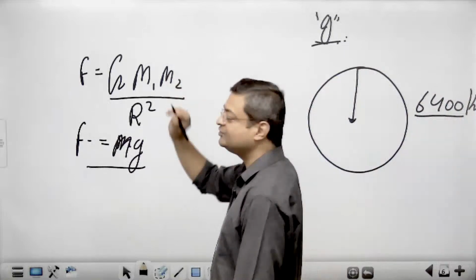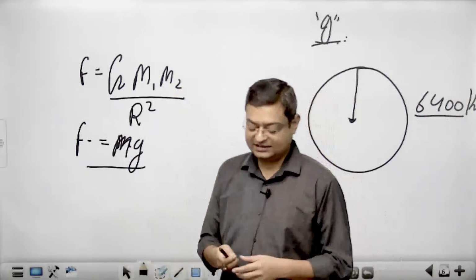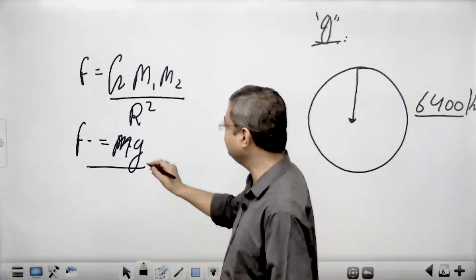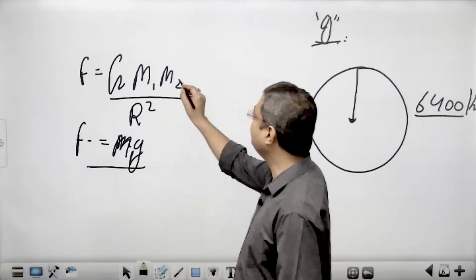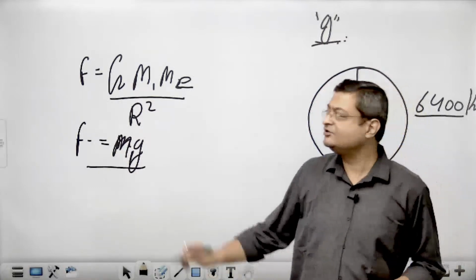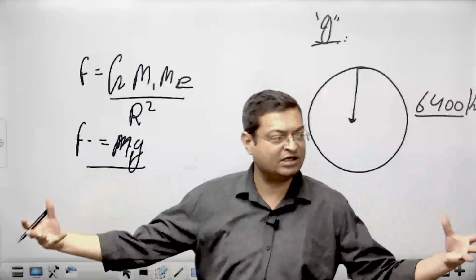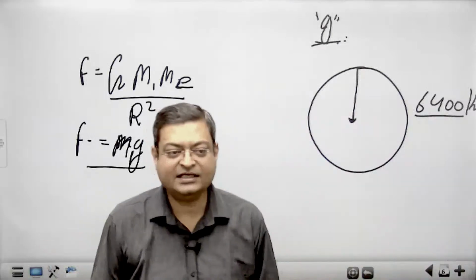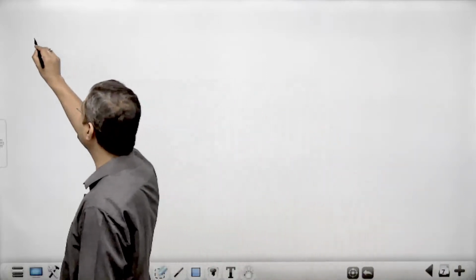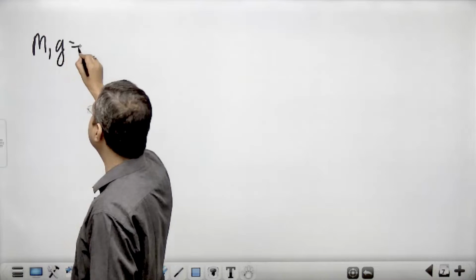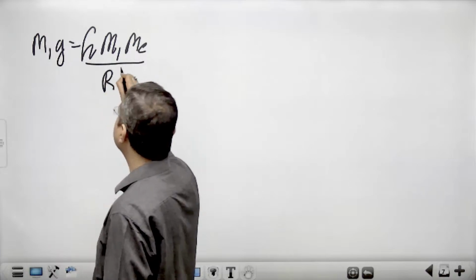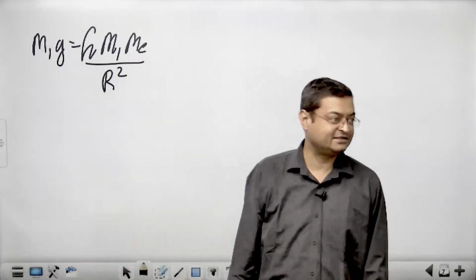Can I equate these two equations? Suppose this is your pen, so it is also experiencing some force. So I am going to take it as m1, and mass 2 I am going to take mass of the earth. This is universal law. Even two celestial bodies are being attracted by this only. I can equate these two equations. So if I am going to equate these two equations, m1g will be equal to G m1 mass of the earth upon r square, right?